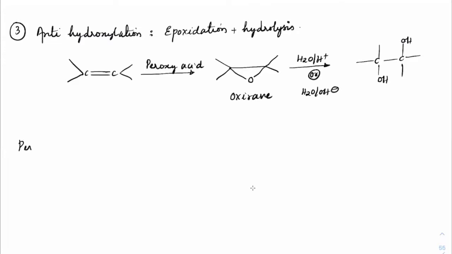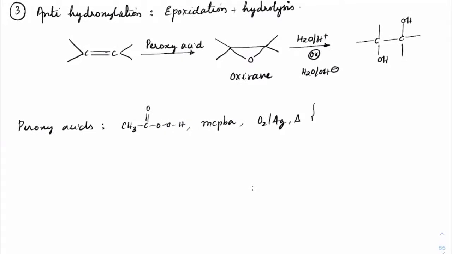See, the peroxy acids which we can take, or peroxyacetic acid, or we can take MCPBA, told you the other day what it looks like. We can take O2 in silver and heat also. Okay, so O2 in silver and heat is like this. Think this way, like silver, if you react it with O2, it will form AgOO minus. So if we put it in aqueous solution, it will become AgOOH. So this is also a peroxy linkage and the reaction will happen. Got it.